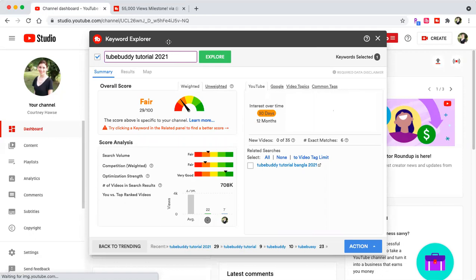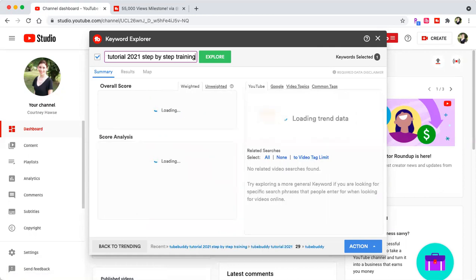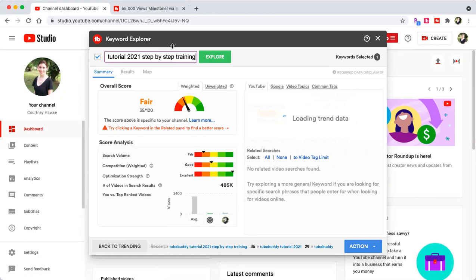Because we're at fair, we want to be in the green, remember? Step by step training. So you want to keep adding words that make sense to the end of your search terms so you can rank for those, because the higher terms that are trending are going to be hard to rank for, since people have bigger YouTube channels than you. So it's going to be harder competition. If I just put step by step and take out the training,